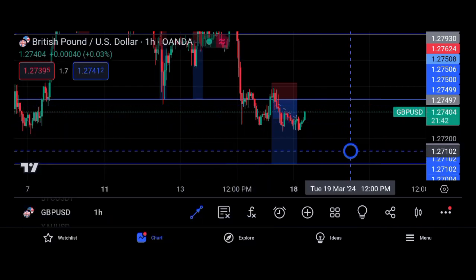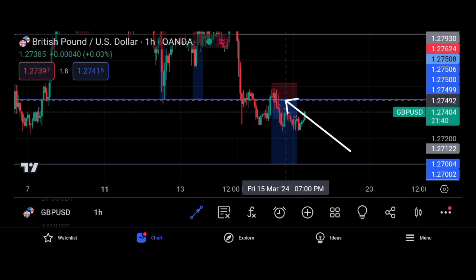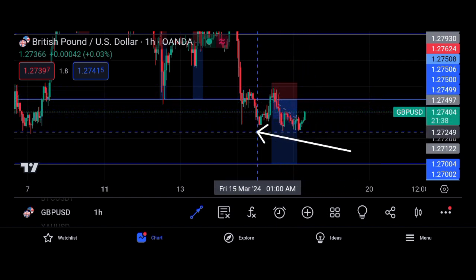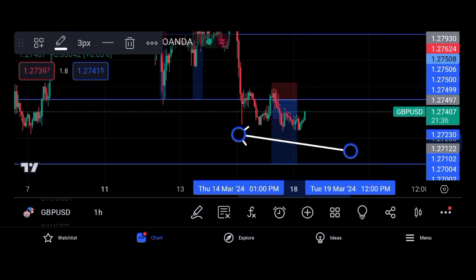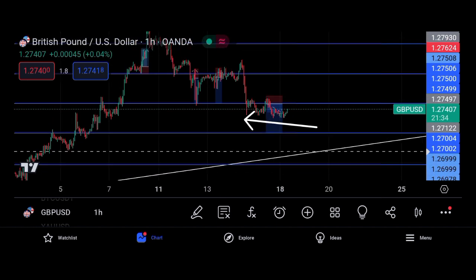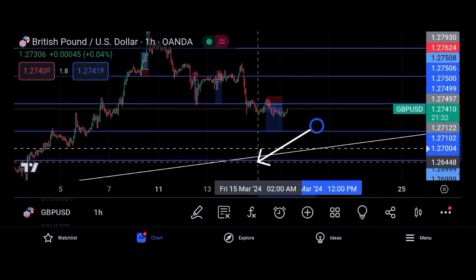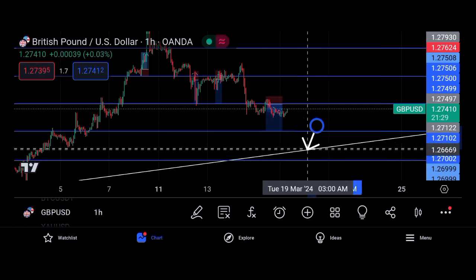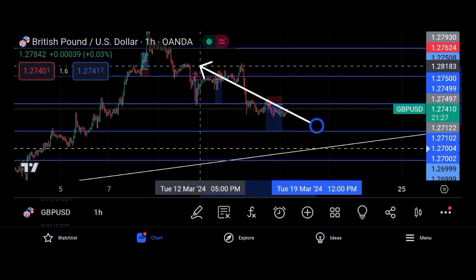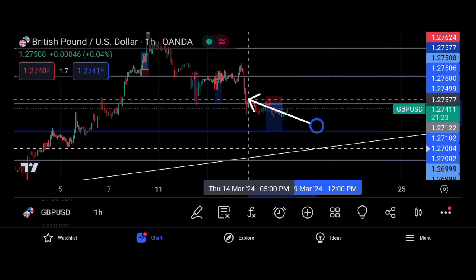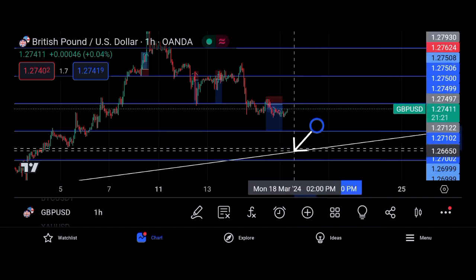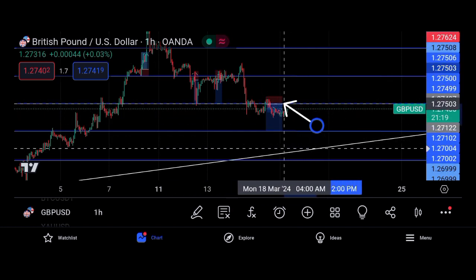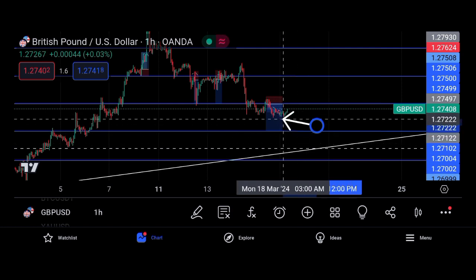On GU, you should be expecting a retracement, because on GBPUSD we're also in a downtrend. Like a retest in the higher time frame, you should be having some sort of retest back to this trend line. As you can see, guys, back to this trend line. So we are already having a bearish movement, right? We're expecting price to come all the way back to this trend line, and then still come down.